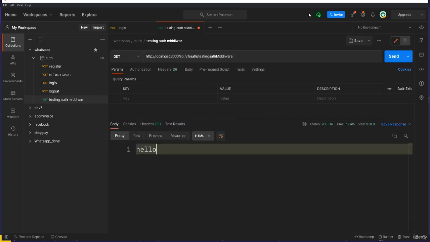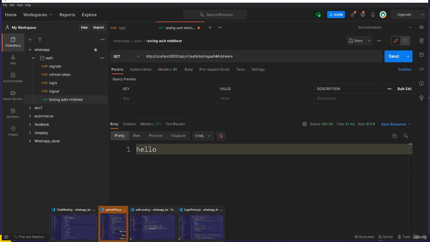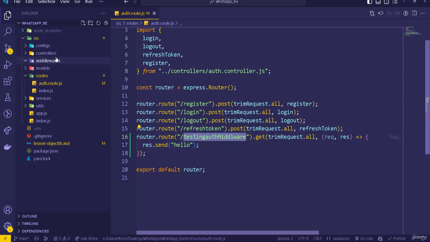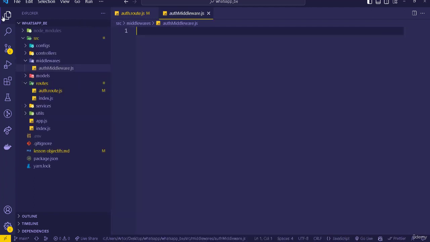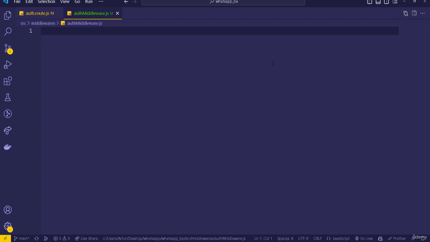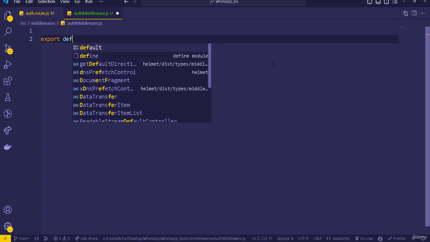But let's say I want this route or this request that I'm going to send here to be protected. And I need to know who this person is. So we're going to do that. You're going to go to your middlewares right here. And we're going to create a new file. We're going to call this authMiddleware.js, of course. And here, what we have to do is create a function, so let's go export default